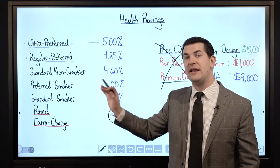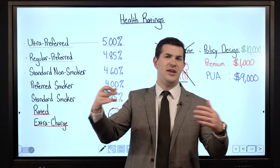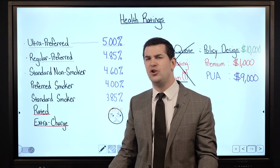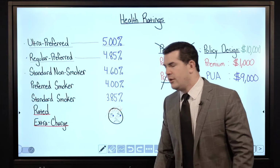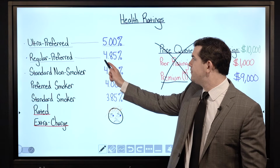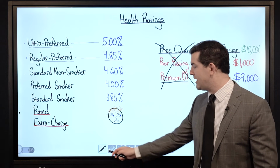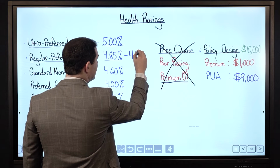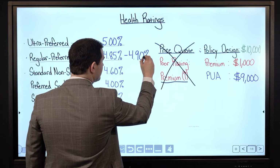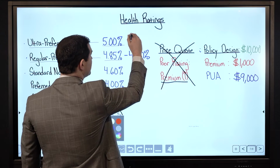Now, let's assume you take that same policy. We think you're going to get ultra preferred, but there's something in the health history or some kind of issue that pops up and you get a regular preferred rating, which is not bad at all. That same policy will produce anywhere from a 4.85 to a 4.9% internal rate of return. Meaning the difference in performance is typically, from experience,